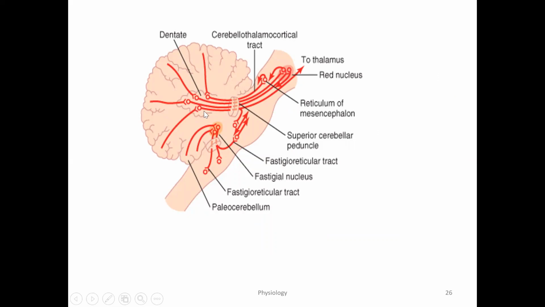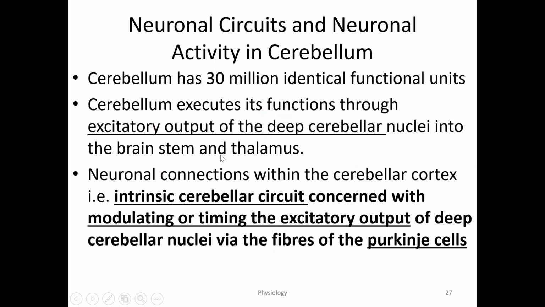You can have the dentate nucleus toward the thalamus and cortex, the fastigial group of nuclei, and the interpositus group of nuclei, emboliform and globose. So these are the input and output. And once the afferent enters into the cerebellar nucleus, various neuronal circuits are formed because of the release of neurotransmitters. One is excitatory, one is inhibitory, which give rise to various neuronal activity, and then the final neural activity via the Purkinje cells' output enters into the deep cerebellar nuclei.